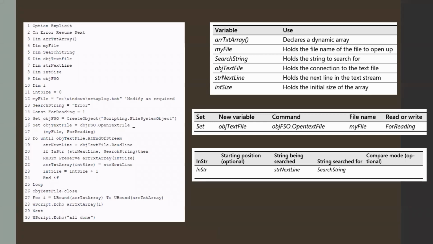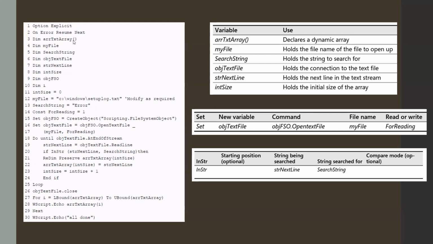Here's an example file for a script that is going to read through a file and do some manipulation. So over here on the right, I've got some general information, some variables, and some commands for the set and the instr, which is the new information we found. So at the top, we've got dimension, array, text array. That's just going to create a